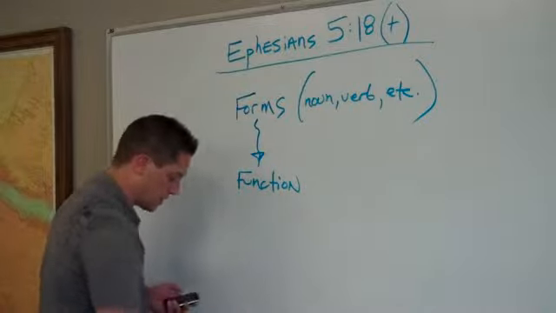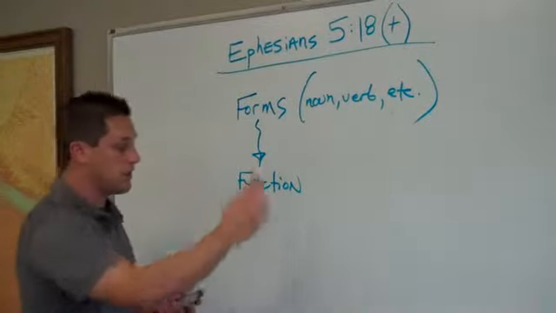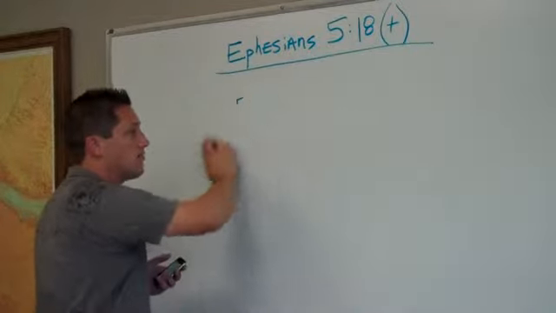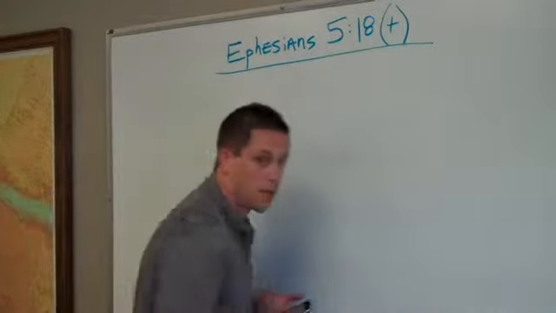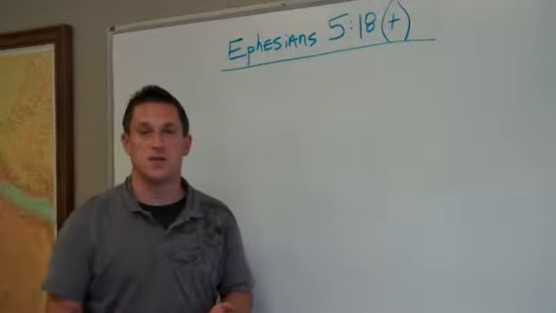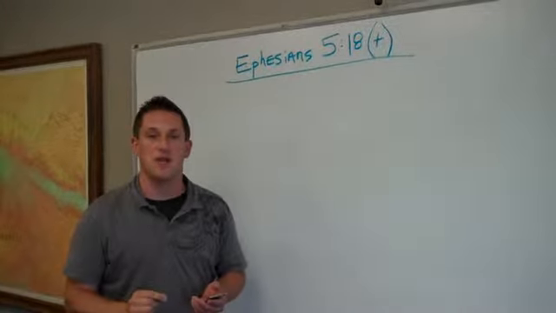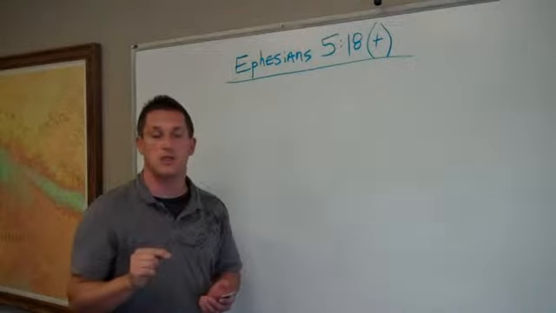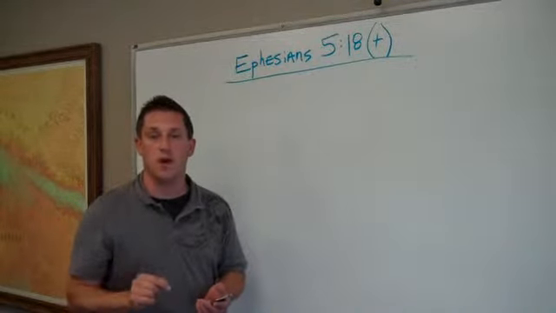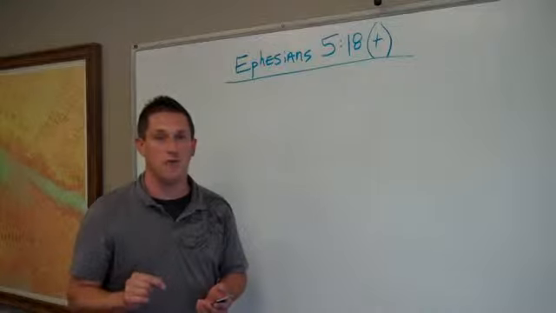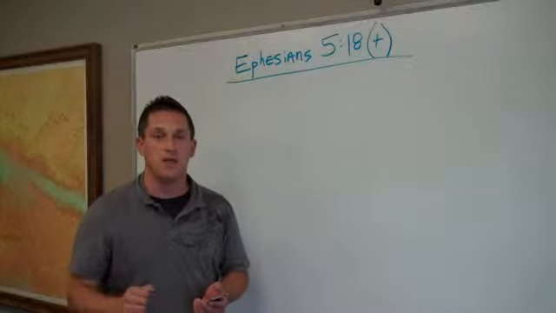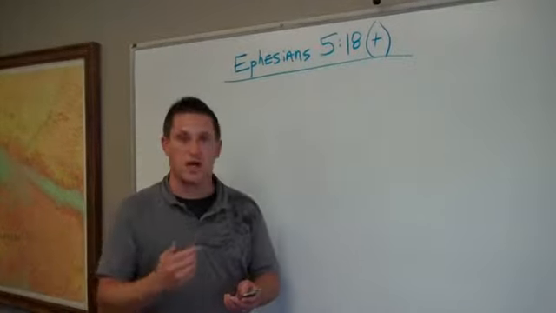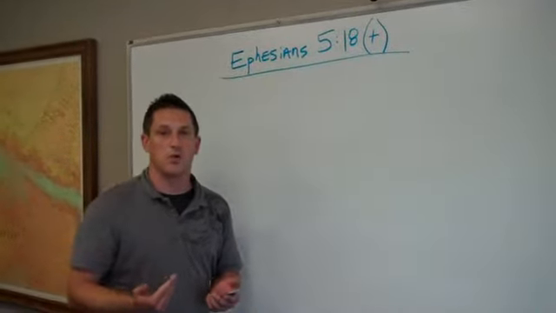So what we're trying to do here is use Ephesians 5:18 to take some time. You might want to pause this video if you want to practice yourself. Pause this video right here. Take Ephesians 5:18 and see if you can work through all the words in the sentence and figure out what form they're in: noun, verb, adverb, adjective, on down the line. Write it down and see how well you do, and then you can unpause this video and I'll show you in practice.